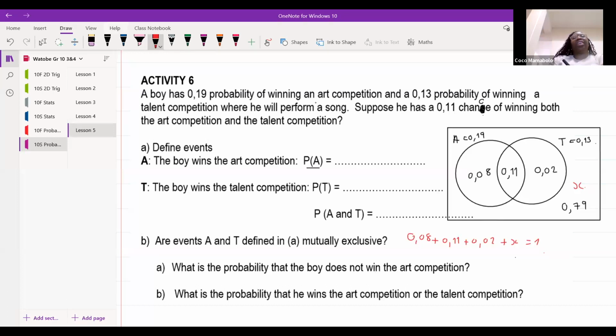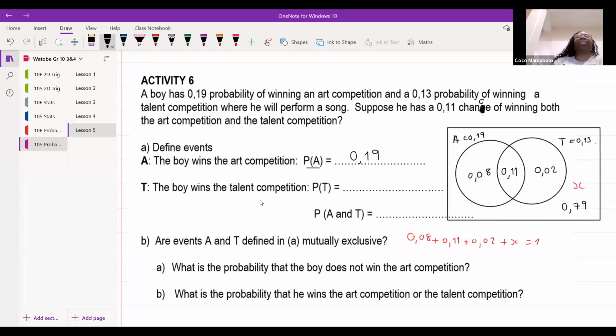All right. So, guys, what is the probability of him winning the art competition? Be very careful before you say whatever answer you are thinking of. We must consider the whole of A. What is the probability of the whole of A? Correct, Namisile. Yes, Danvir, good. We're going to add them together. So that must give us 0.19.